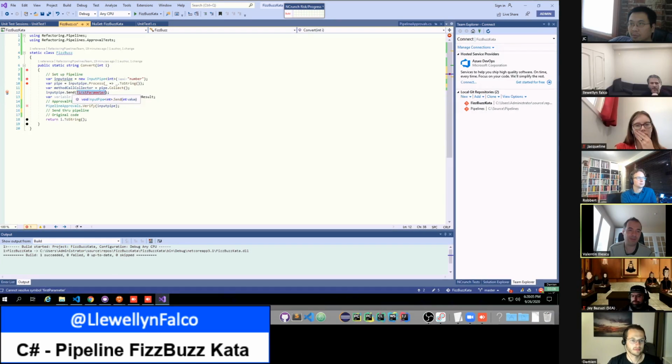So, yeah, I don't know what to send into the pipe. The number, the I. Can you see the type completion, like the little overlay that it shows now? Yeah. Maybe that helps. So it says send takes an int, any int value. Okay, so it would be the input pipe.